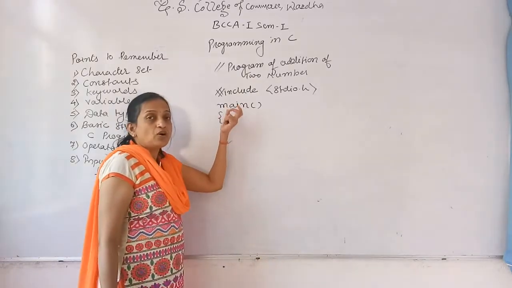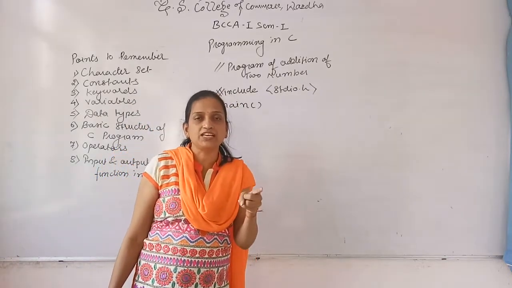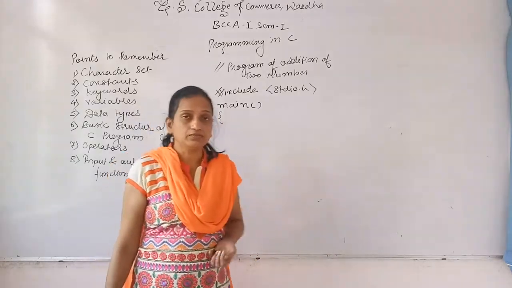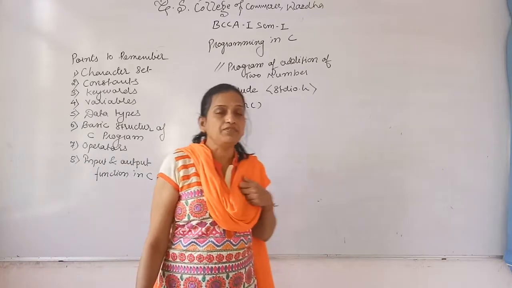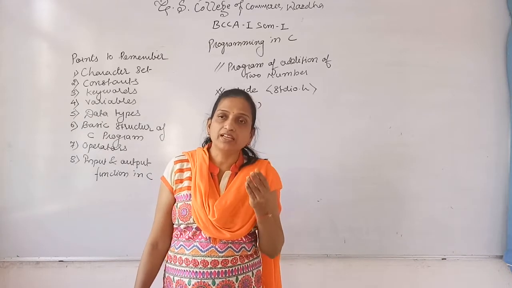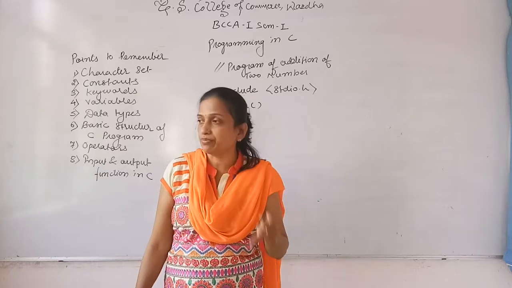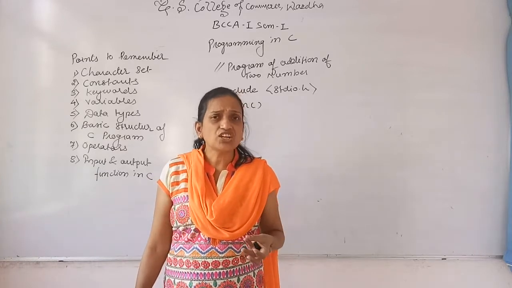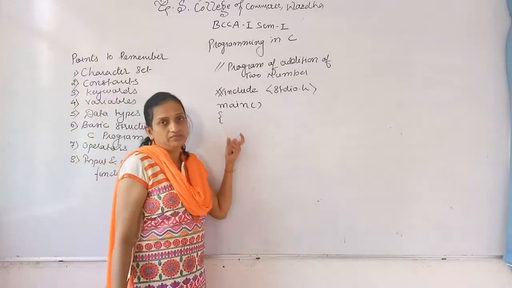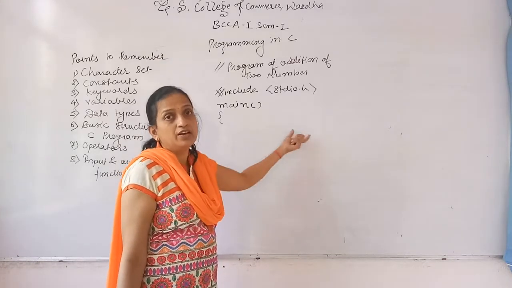Okay, main. Now as I told you, main consists of actually two parts, declaration and executable part. As I told you, there are 4 points you have to write. The first is declaration. After declaration come initialization, processing and output. Initialization, processing and output are called the executable part. Okay, so declaration: you know the syntax of declaration, that is data type and variables.